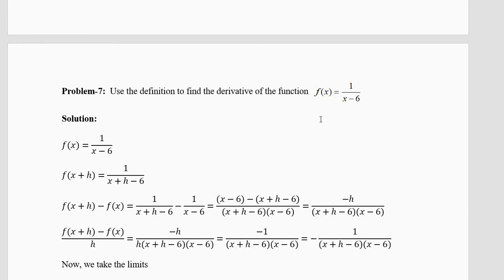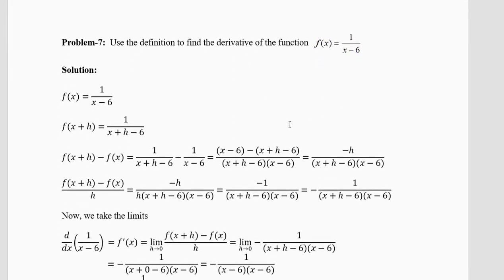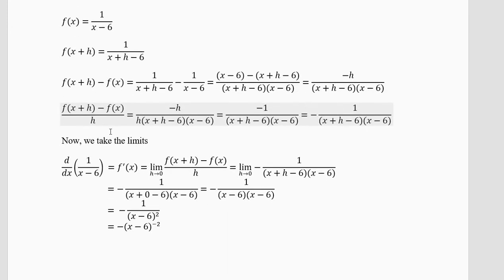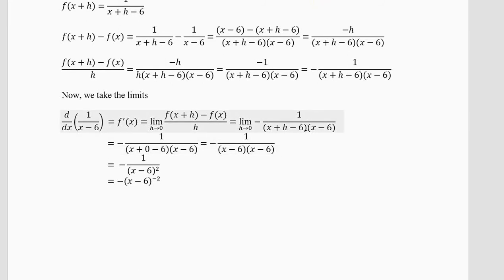Now the next question is the derivative of the function f of x equal to 1 over x minus 6. Now again you copy the function, then compute f of x plus h, then do the subtraction f of x plus h minus f of x. You do it like this, you get this. Now there is no 0 by 0 problem. Divide by h, the h will get cancelled and this minus 1, we write it here and not here. Now take the limit, the h goes away because we are going to substitute 0 and you'll get